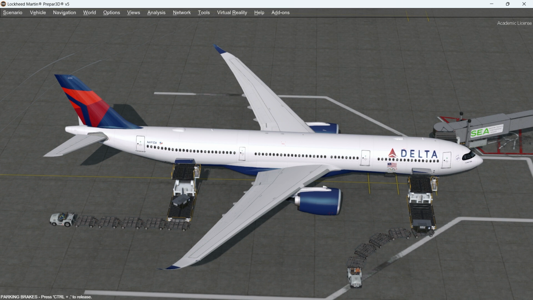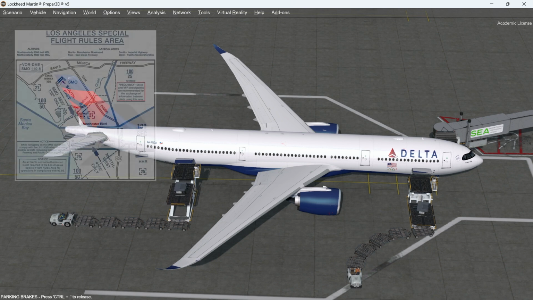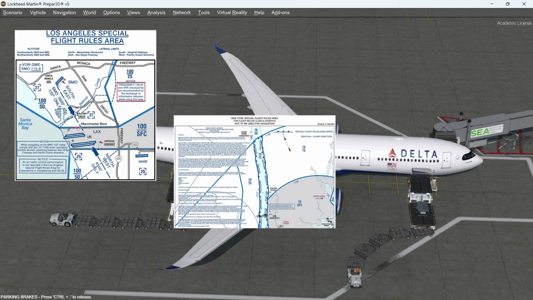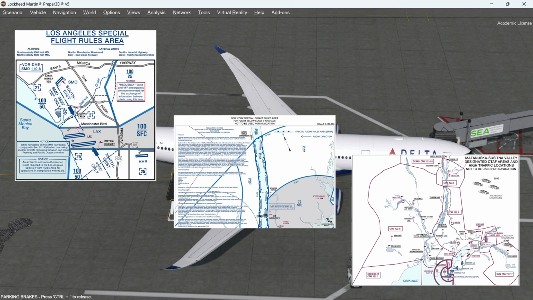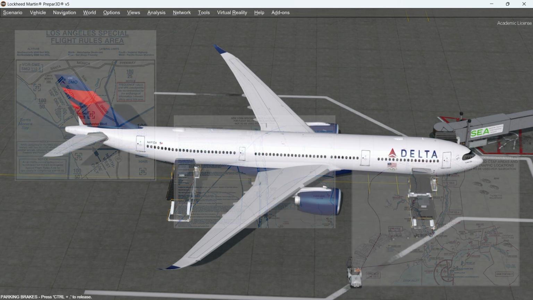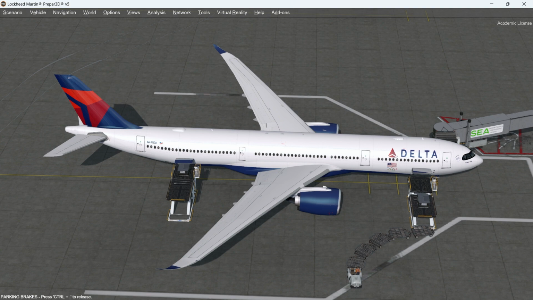Another example of a special case are flight training practice areas. Always make sure to look at your sectional charts if you're flying through an area such as that, and note the correct CTAF frequency to broadcast on. The last example are special flight rules areas. There are 2 in the lower 48 states and 1 in Alaska. They are Los Angeles, the New York City area, and the Matanuska-Susitna Valley in Alaska. Make sure to look at your sectional chart for these areas to determine the correct CTAF frequency you should be on.